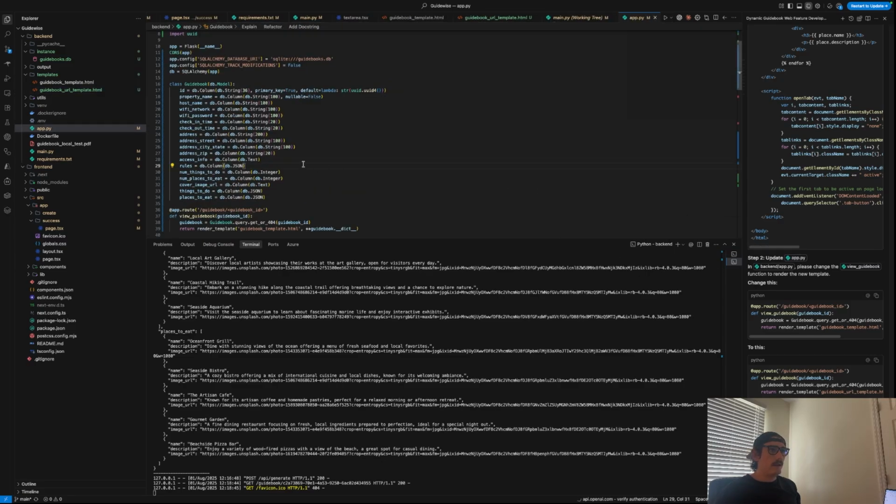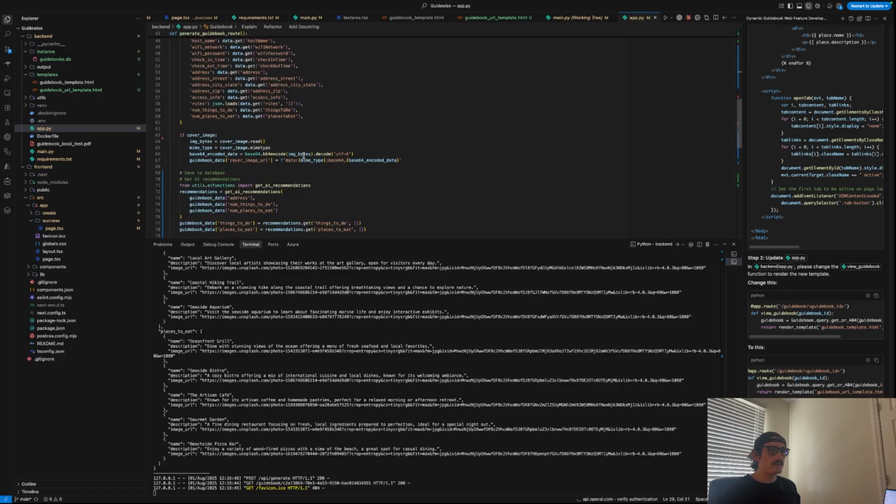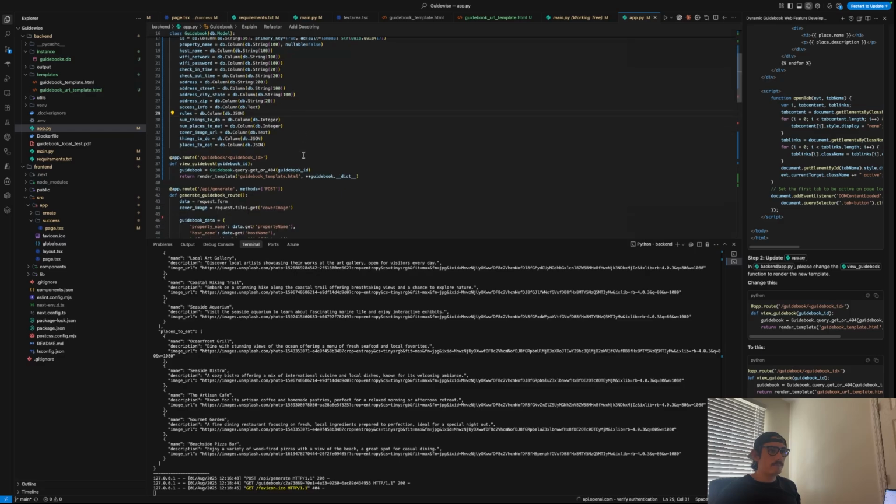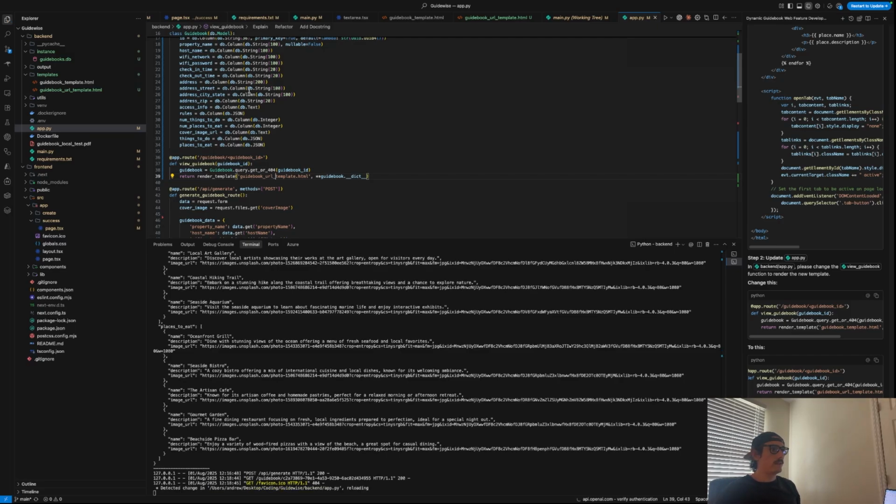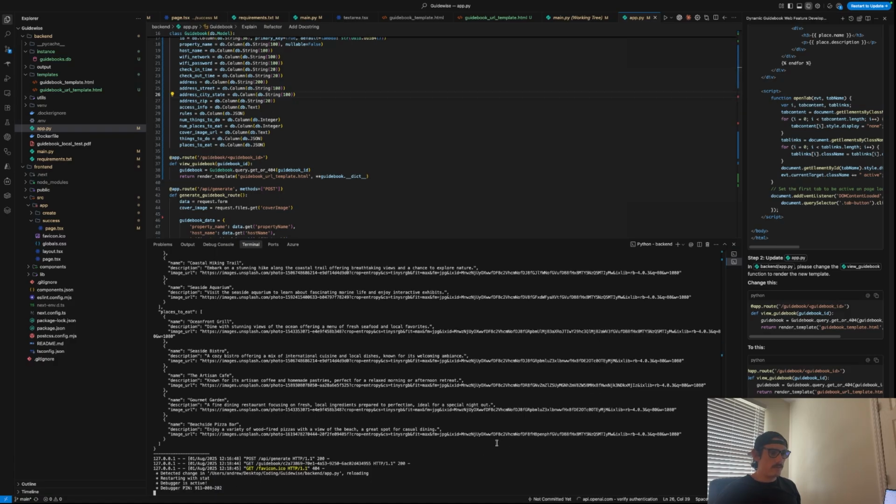View guidebook should be, change this to the URL template. Yeah, so where is that though? Guidebook ID should be here, so it should be guidebook URL template. Yeah, it's that one. So making those changes, perfecto. And now when we do this,